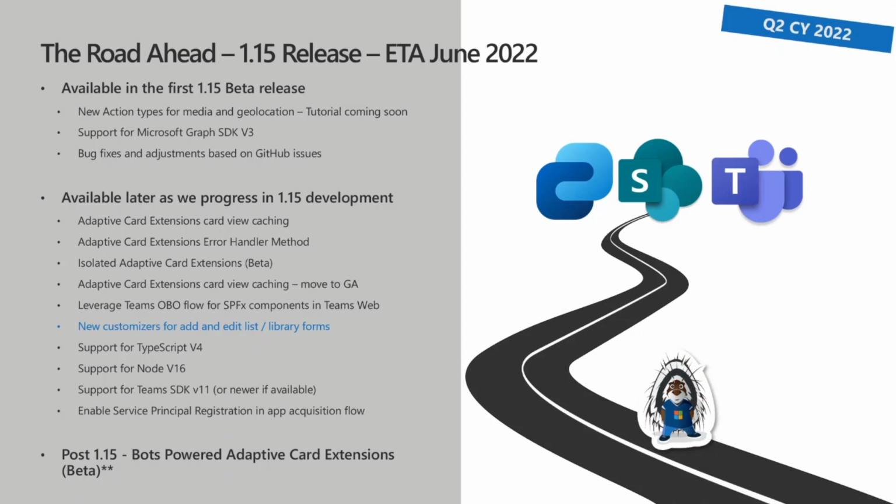Now, the last thing on the slide is just pointing out on something which will most likely go to the beta in 1.15, which is bot-driven adaptive card extension. So you can actually create a bot in the future, which is set to be actually providing adaptive cards and reacting to adaptive cards in the Viva Connection side. So it's cool to see all of the technologies getting more integrated between each other across the stack. But that's it, quick update from the engineering side around this. So let's move to a next slide.